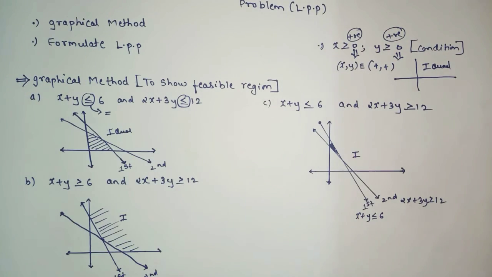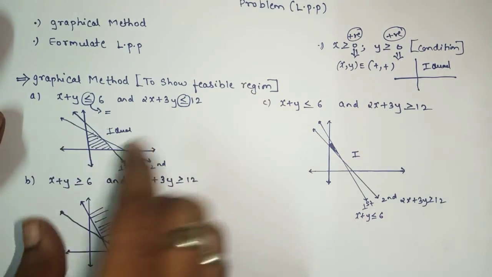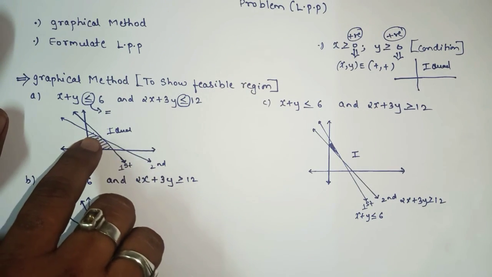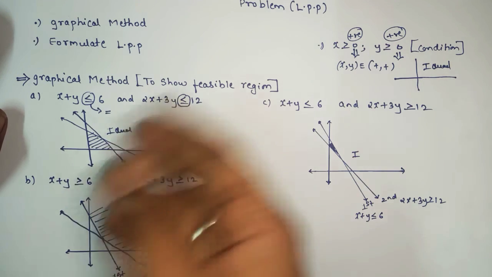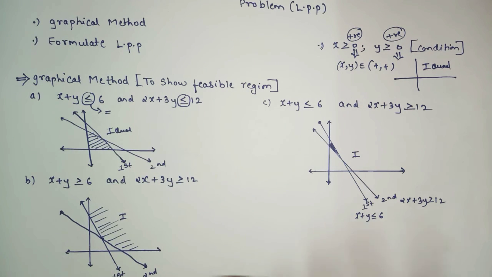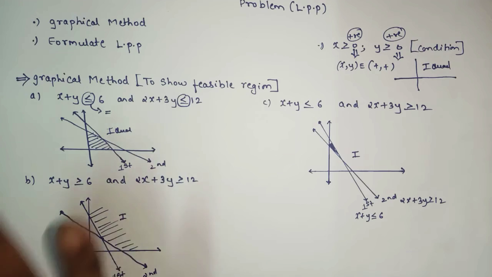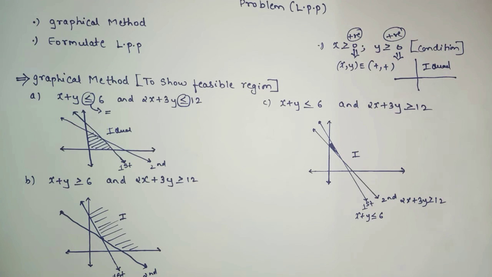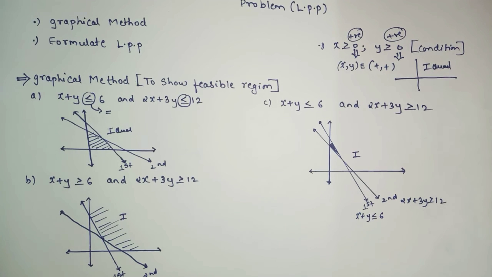And here the challenging part is to show the feasible region. If your shaded portion, the common region, is perfect, then you will get the perfect answer. Otherwise, if the shaded region is different, if you are drawing the shaded region somewhere else, straight away the final answer will be wrong only. So the challenging part is to draw the proper feasible region. Okay, so now